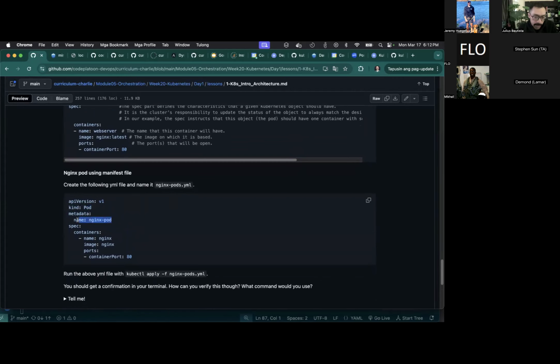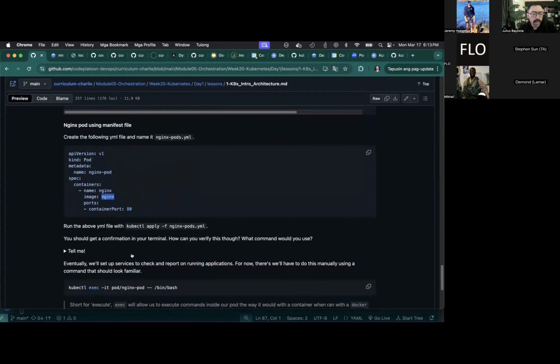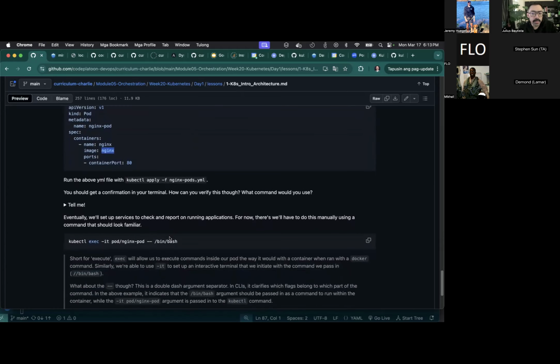It's saying that this is a pod. It's passing in some metadata so that when we interact with this inside of our terminal or inside of the dashboard, we could see it by name, Nginx-pod. And then we specify what it actually is, right? It's going to be a single container named Nginx using an Nginx image with port 80 exposed. And if we apply this,